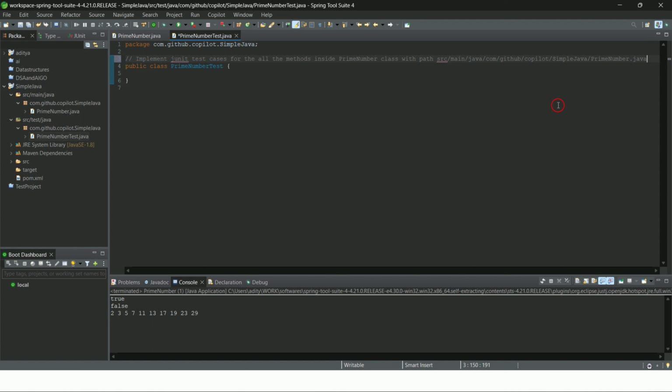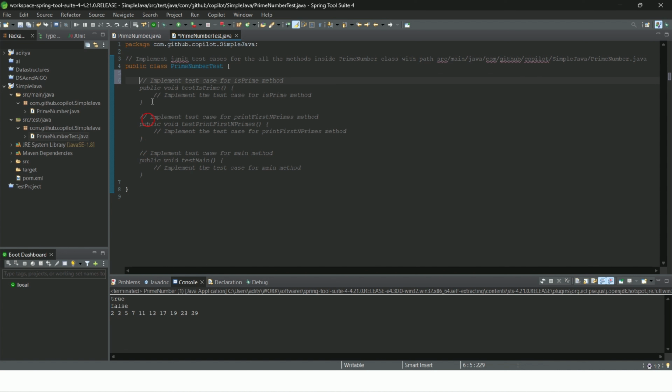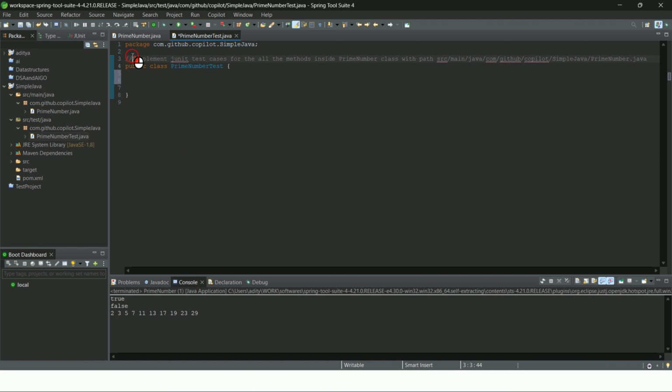You click on tab to get auto completion and save it and go inside your prime number test and see whether it is providing any JUnit test cases. Wait for some time and it will provide some JUnit test cases. And if you see here, still we are not getting a proper response. So we'll change our comment in another way. So first I will write